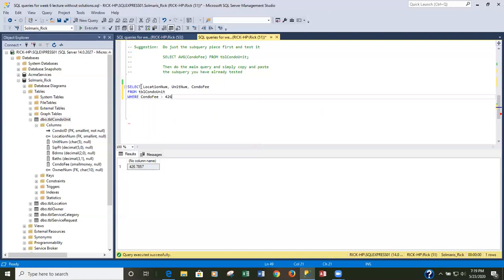And one thing I don't want you to do is type in 426 and run this. It's actually $426.87, I believe. And of course, you could run this, and it would produce the correct results. But that isn't the proper solution, because the data in the database changes dynamically. It changes maybe depending on the application. It may change from minute to minute or hour to hour, day to day, or whatever. And we may have several people wanting to know this particular solution. So we don't know from any given point that it's $426.87. So what we do here is that we substitute that literal value, 426, with